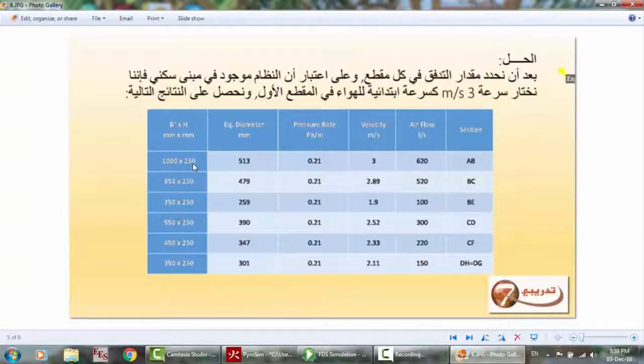You have a suspended ceiling of 30 centimeters or 35. You assume the first height for this, and you get the other side from the table. Then you fix this, and